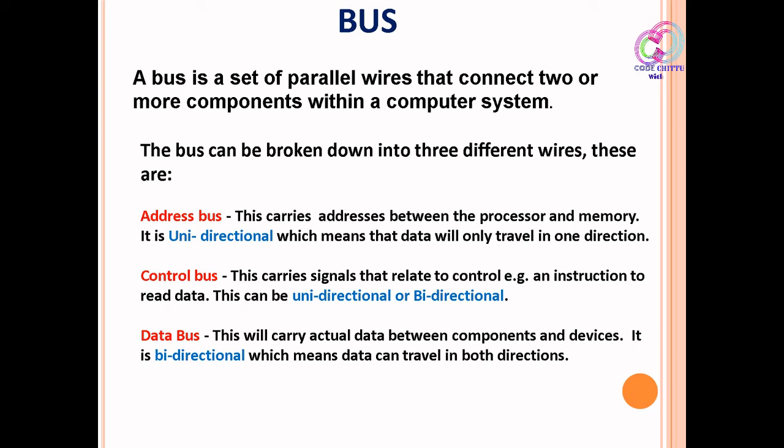The control bus is mostly unidirectional only, because only the control unit transfers controls. But sometimes it is bidirectional, meaning a register or unit may respond that it needs the control, so that you can get the help. So sometimes it is called bidirectional also. Here it is not carrying any values like instruction or data, it just carries a signal, the control signal.